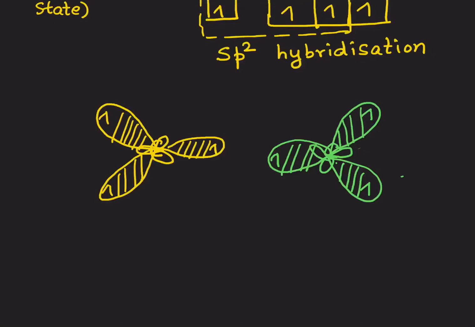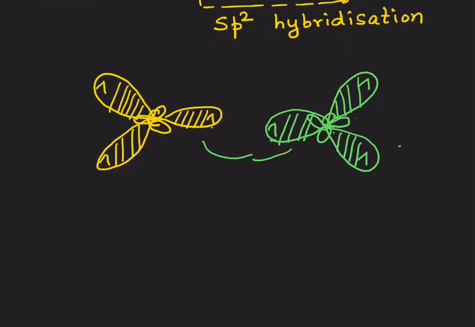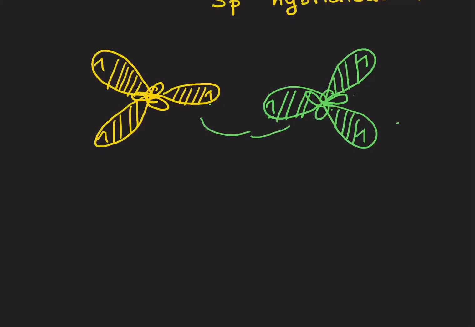Okay, now what happens over here is they approach each other. Okay, you've got an unpaired electron, I've got an unpaired electron. Why don't we make friends? Our electrons can get paired up. Oh yes, that's a wonderful idea. Why not? So, what are we going to do? So, we will have the two carbon atoms overlapping. What type of overlap is this? Is it a head-on or is it a sideways? It is like two cars approaching each other head-on, right?